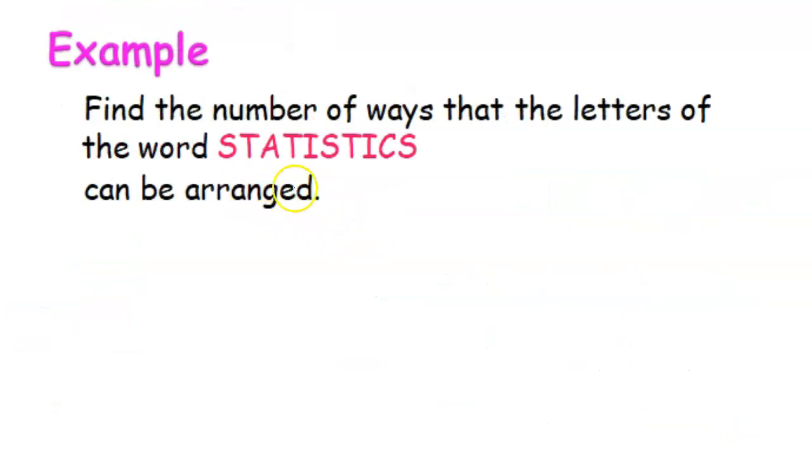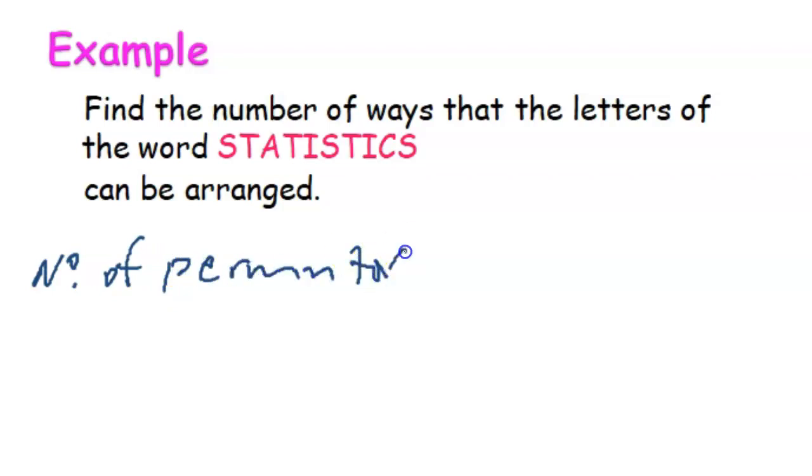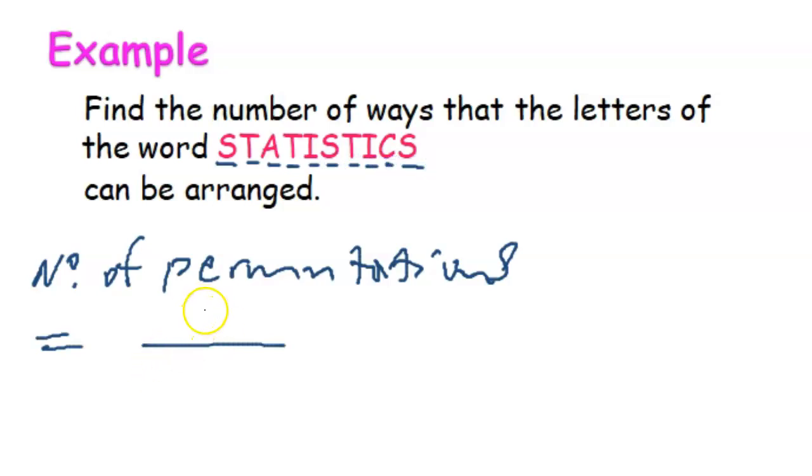What if we are to determine the number of ways of arranging the letters of the word statistics? So the number of permutations or arrangements. Notice permutations and arrangements are synonyms in this context. N is the total number of characters, so let's count them. We have 1, 2, 3, 4, 5, 6, 7, 8, 9, 10 characters. So 10 factorial